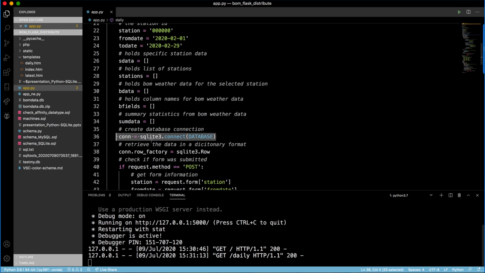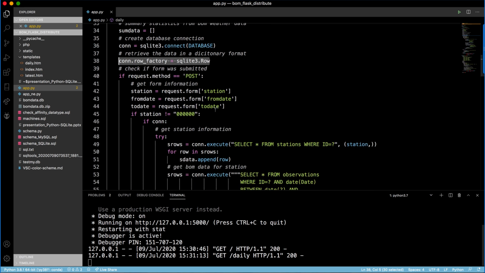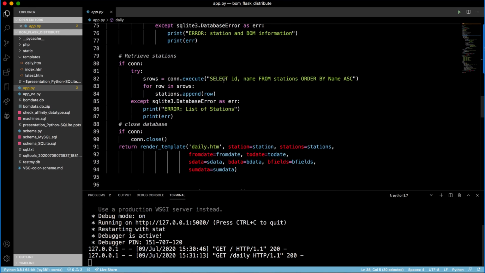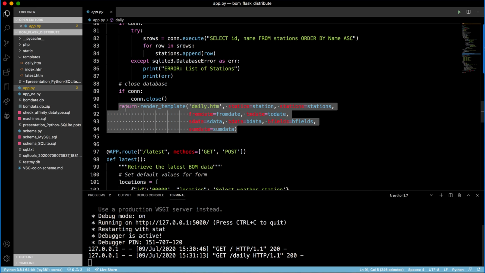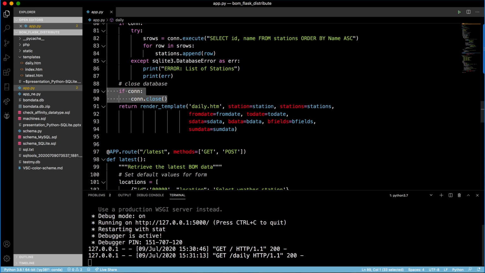We make a connection to the database. We set up a row factory, and this provides us a dictionary format for the data returned from our queries. From there, with our default values, if we don't get a post request, it simply closes the database and